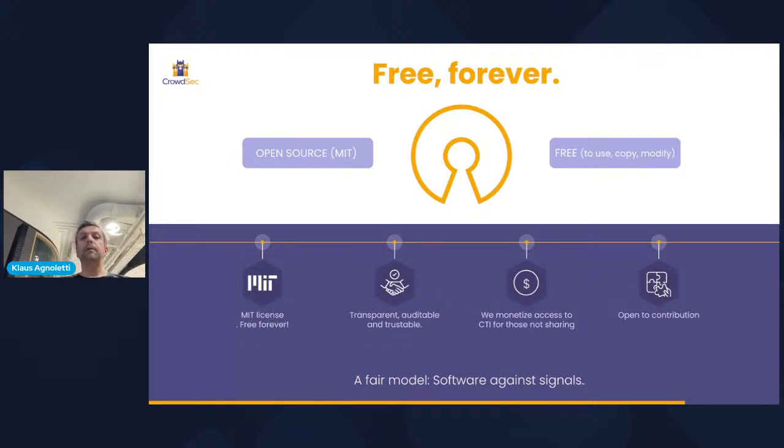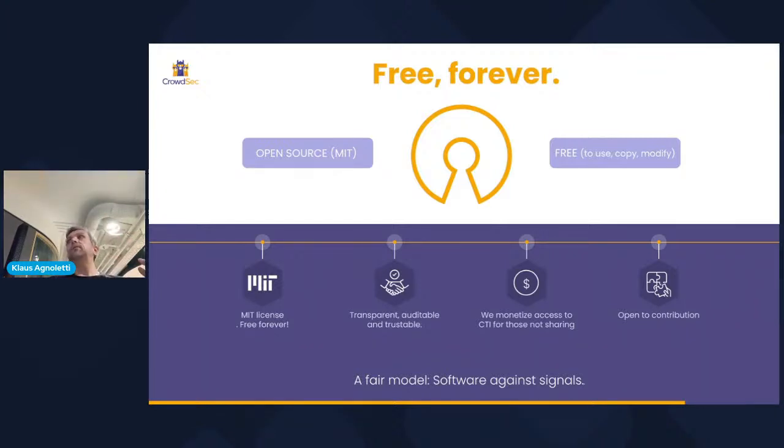The way it works is that you use CrowdSec to share information about the attacks you see on your services, and then mitigate the attacks, and then share the information with everyone else. And while you may think that sounds awful, and that we would want to harvest your data and all that stuff, we don't.